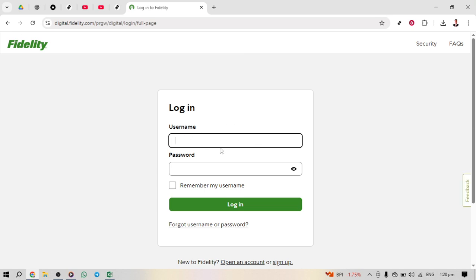Next up is the password entry. Enter your password into the appropriate field. It's crucial to ensure your password is entered exactly as you set it up because it's case sensitive. If for any reason you can't recall your password, Fidelity provides a forgot password option right there on the page